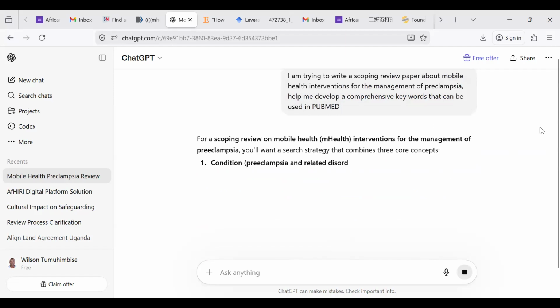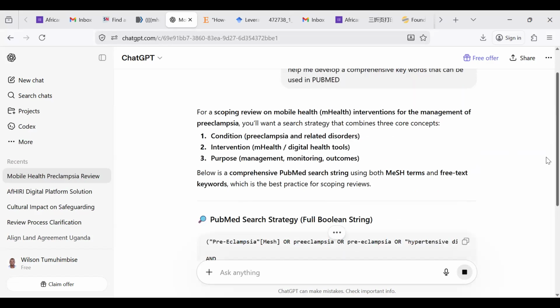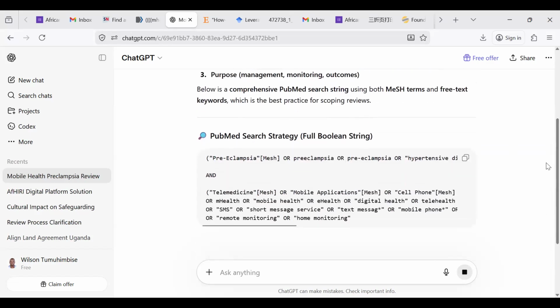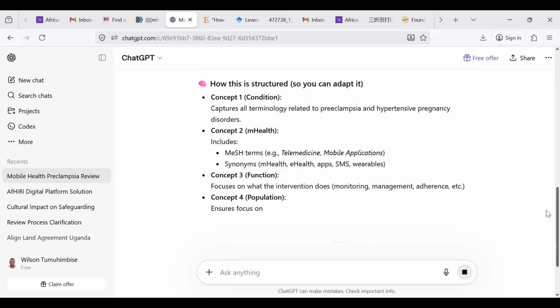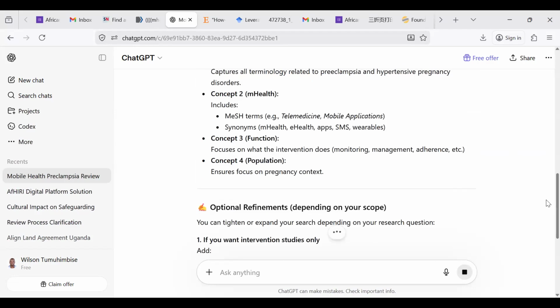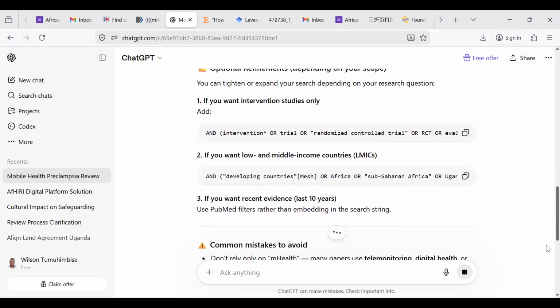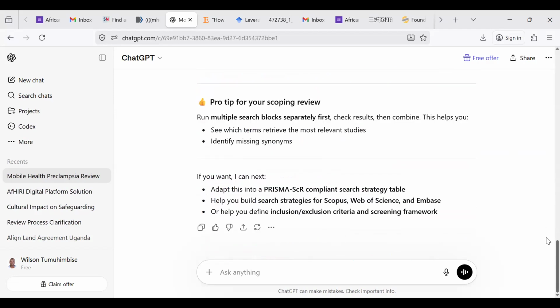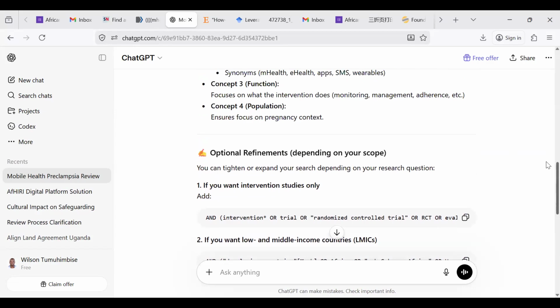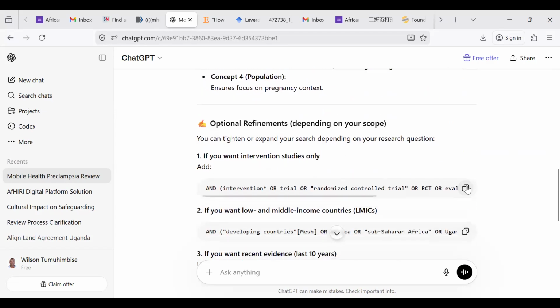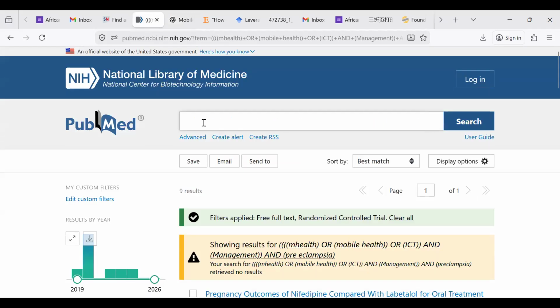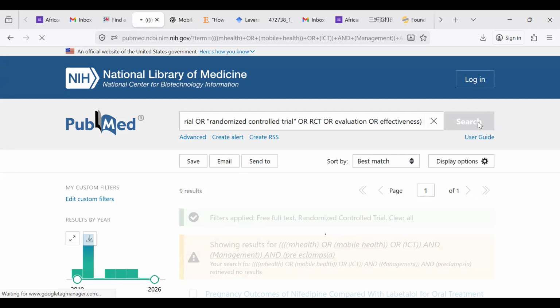Yeah. So here, okay, so this is the full Boolean. Okay, interesting. So let's see. Here it brings out all these things, of course, but they are trying to tell us we can use this. Let's just copy this and take it to our PubMed and see what they bring for us. If we put it in PubMed and search, we see,